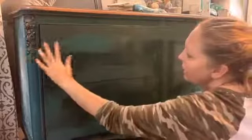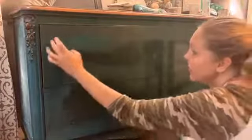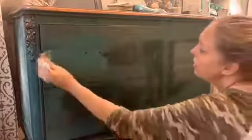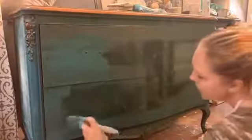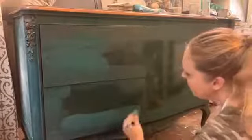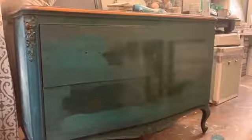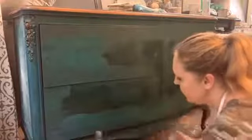Now sometimes this will bring up some of the excess, and that's okay, because if you leave it on there, you can always sand it off a little bit later, but that happens sometimes, especially when you go over it multiple times. Okay, then I'm gonna take my next color. I'm gonna take this color and